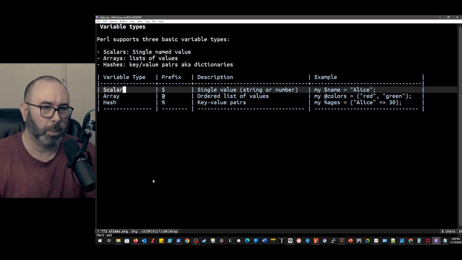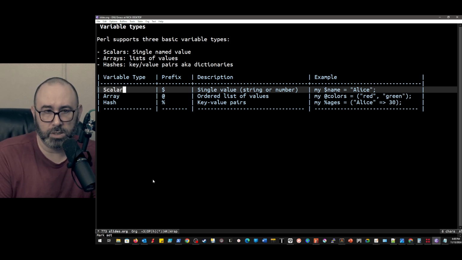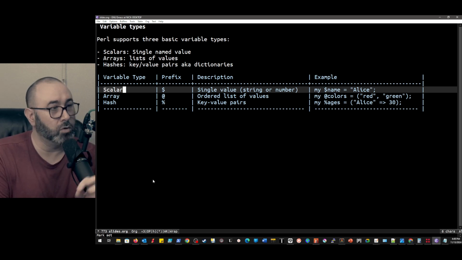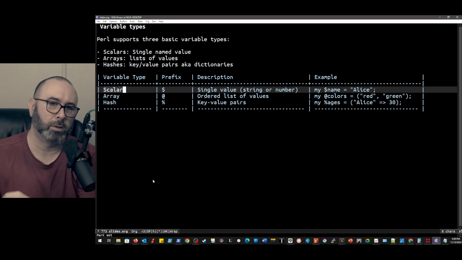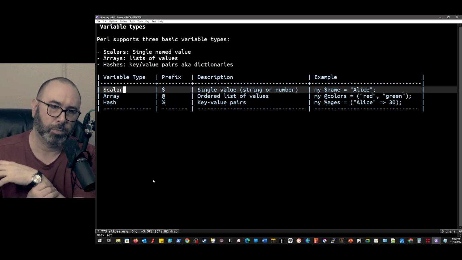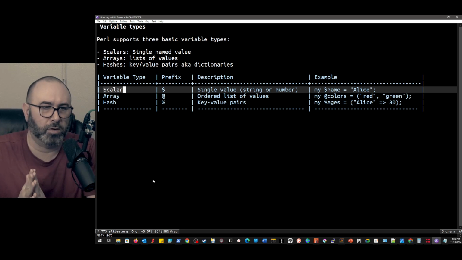We have an array. So an array is an ordered list of values. It's a little bit different than other languages where it does not necessarily need to be the same type of value. This is simply just pointers to memory locations, and the things that we're pointing to could be strings, they could be integers, they could be a mix, right? We don't need to define that.